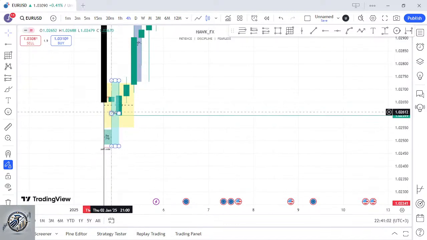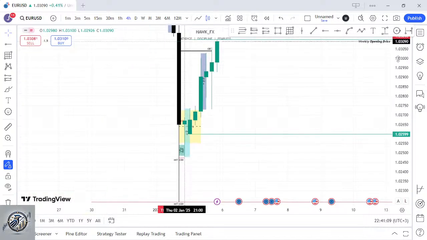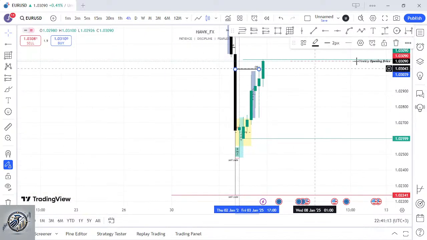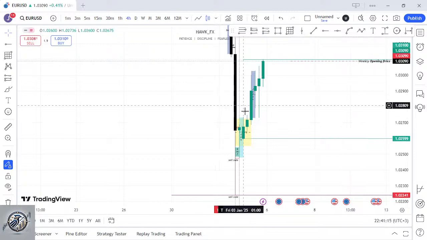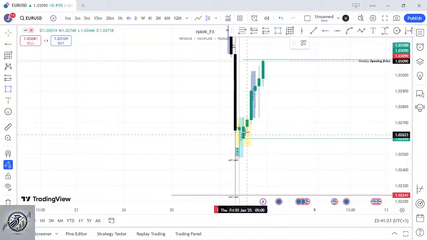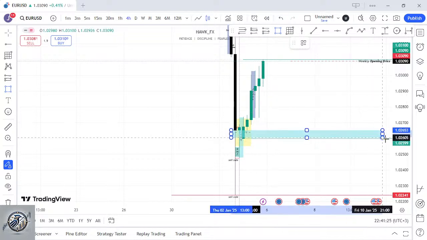This is a new day opening gap. And according to ICT concepts, let me go back to that. New day opening gaps are magnets to price, and price will always come back to them. So we should be rest assured that this level here, this area between 2 6, let me highlight this, between this area here,